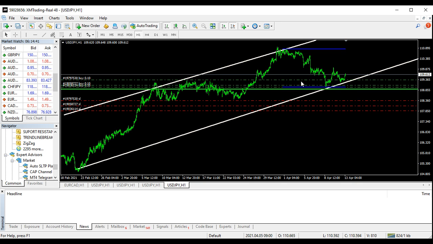The second way to use this support resistance, because I drew this line, this green line, you can see this green line I drew. What am I doing with it? I said, okay,